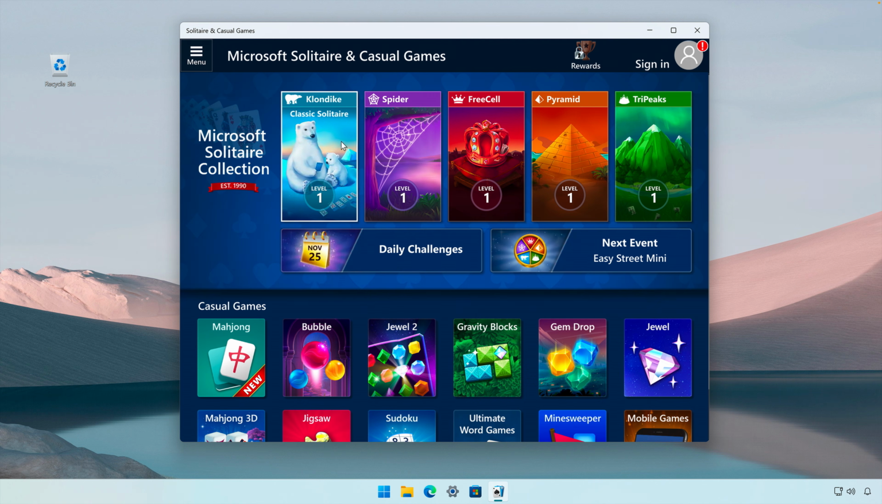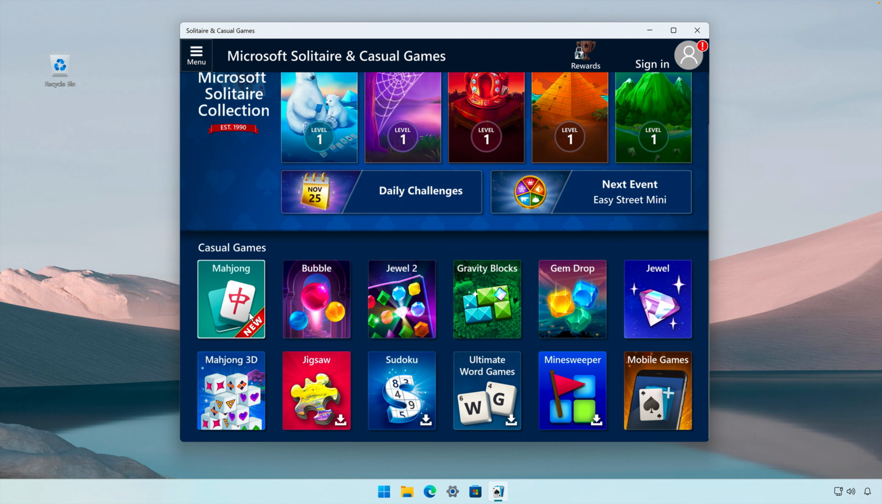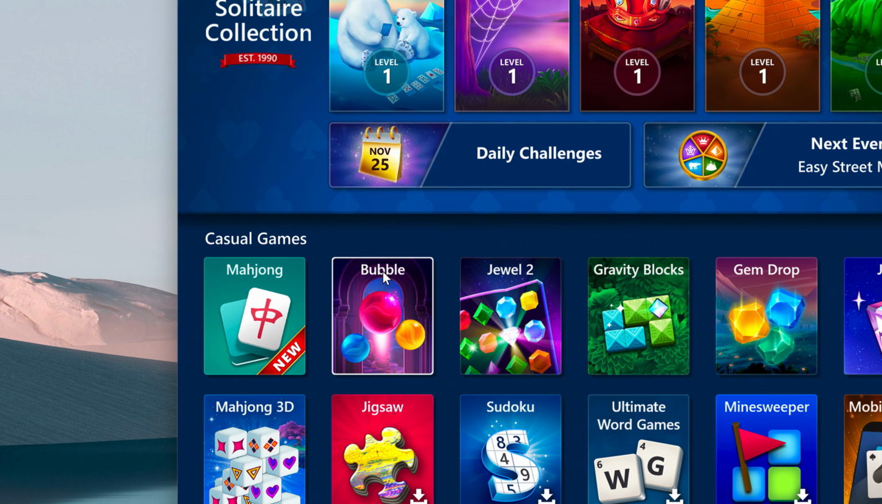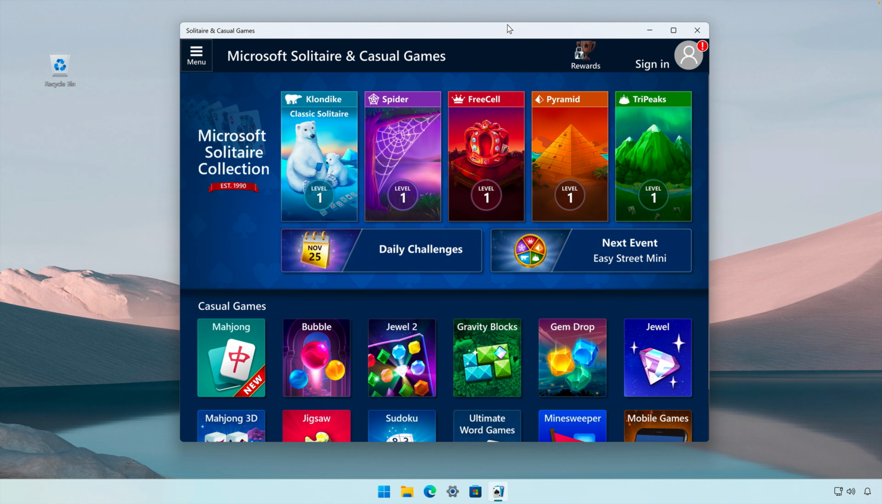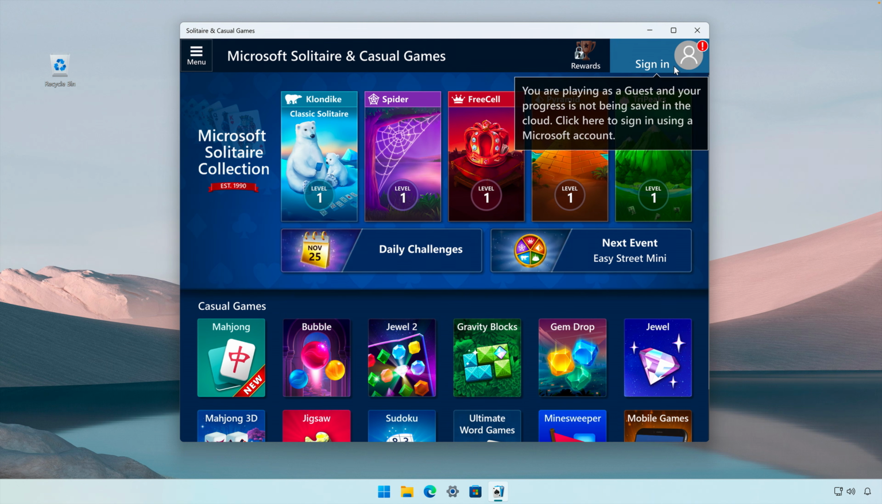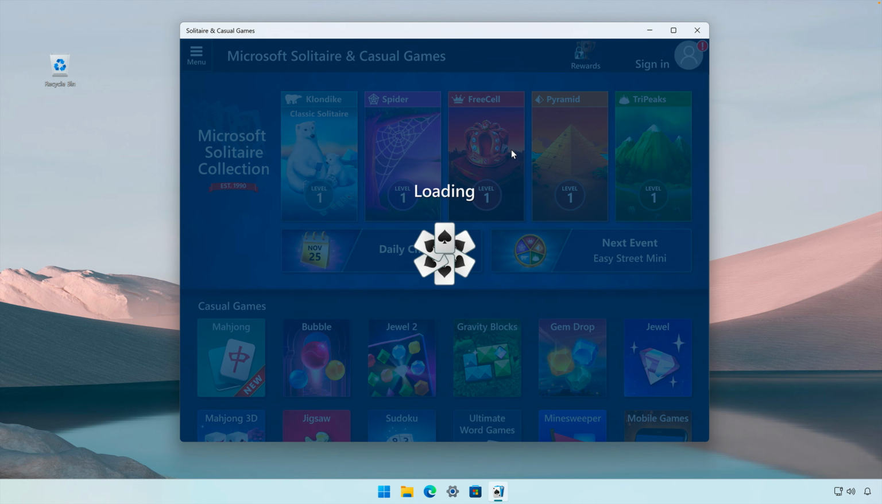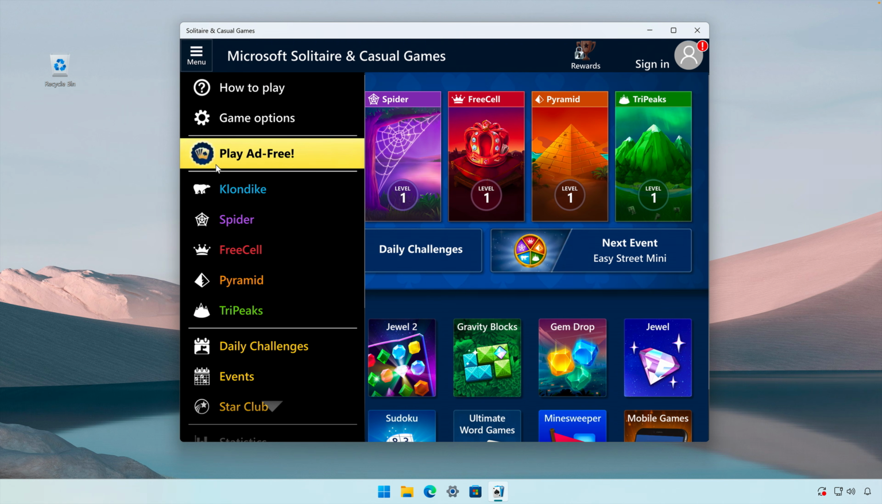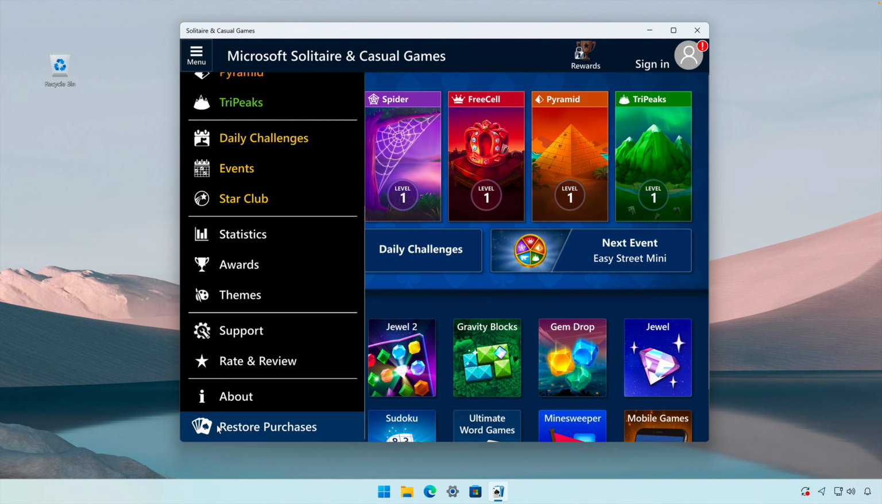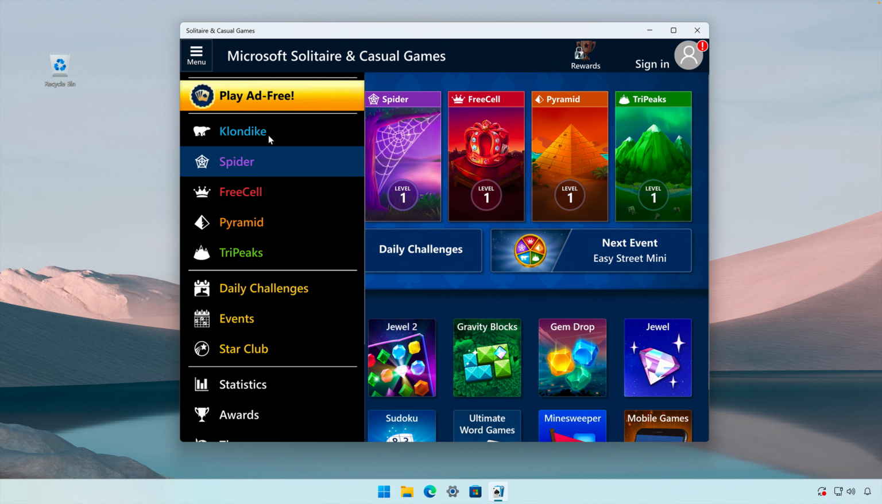Microsoft Solitaire. This is actually not just Solitaire, there's also many more games like Mahjong and Bubble. But the big problem with this games collection is that you can already see that this needs a Microsoft account. The second thing is that this has ads, which is pretty horrible. And there's microtransactions, and there's something called a premium subscription service which you have to pay for on a monthly